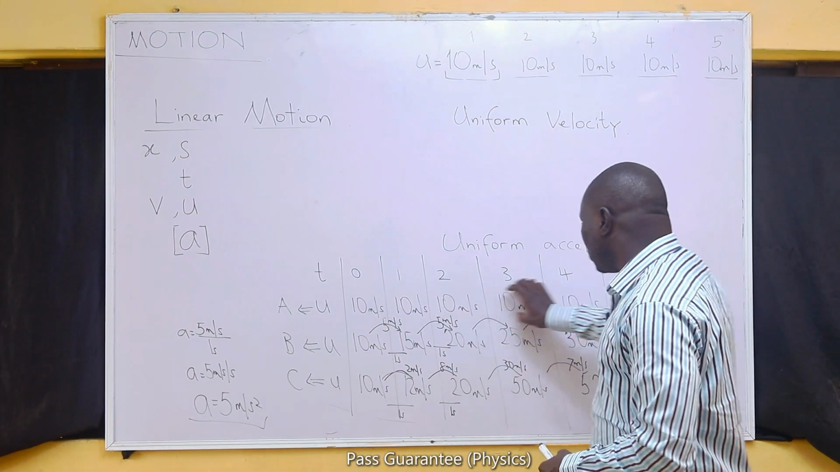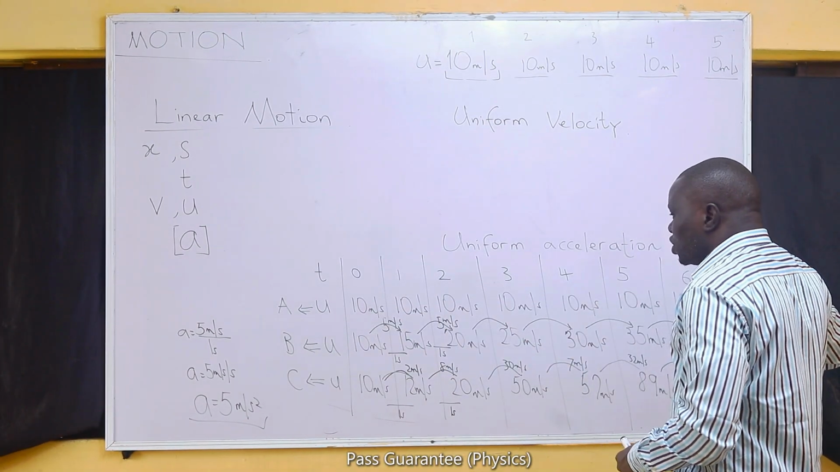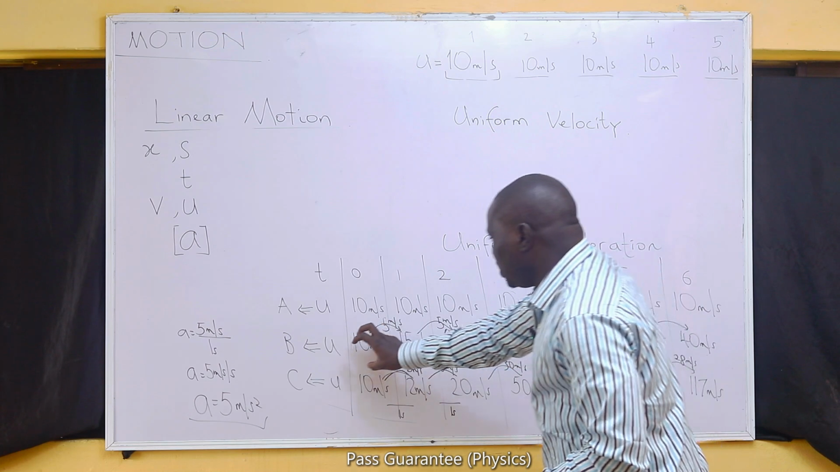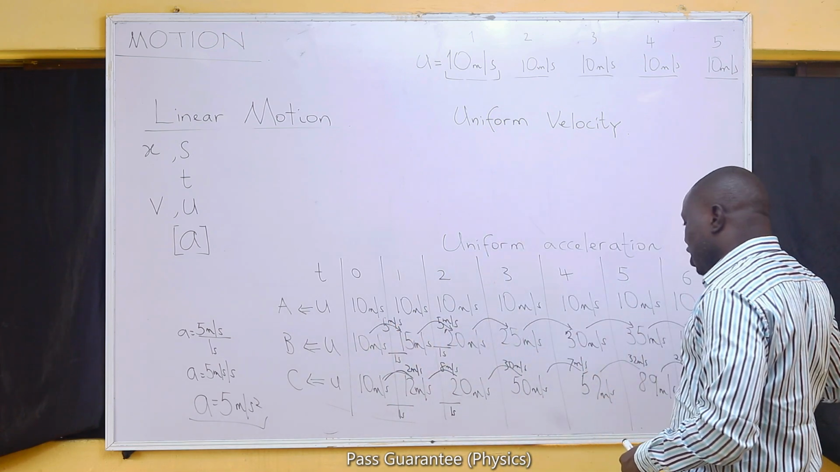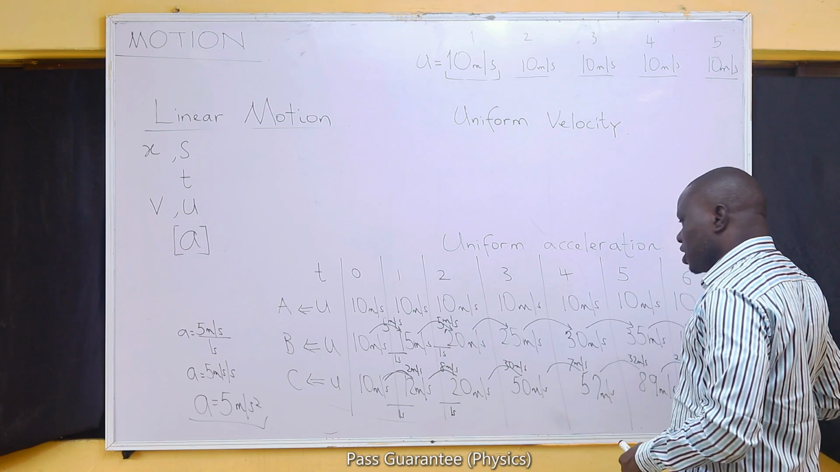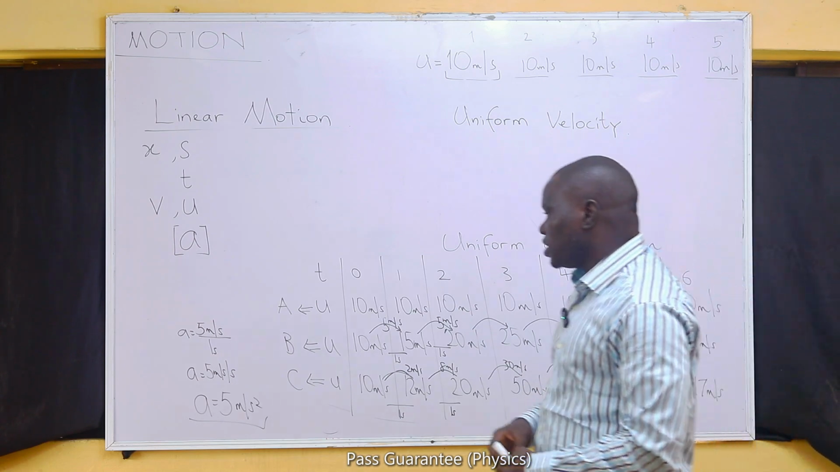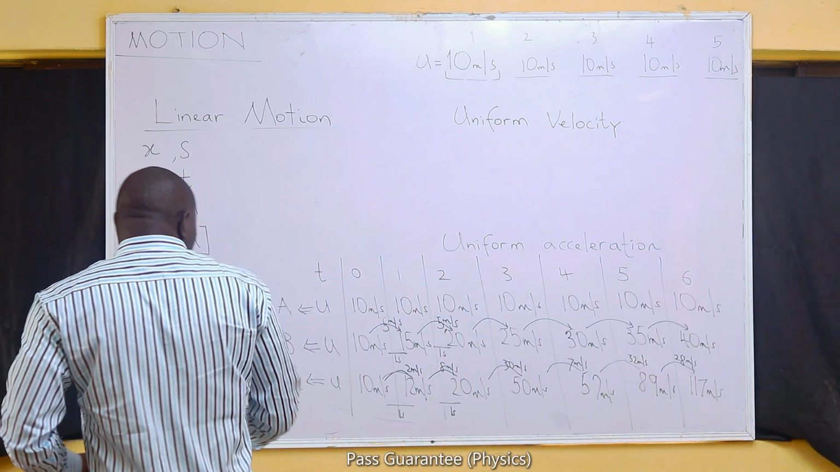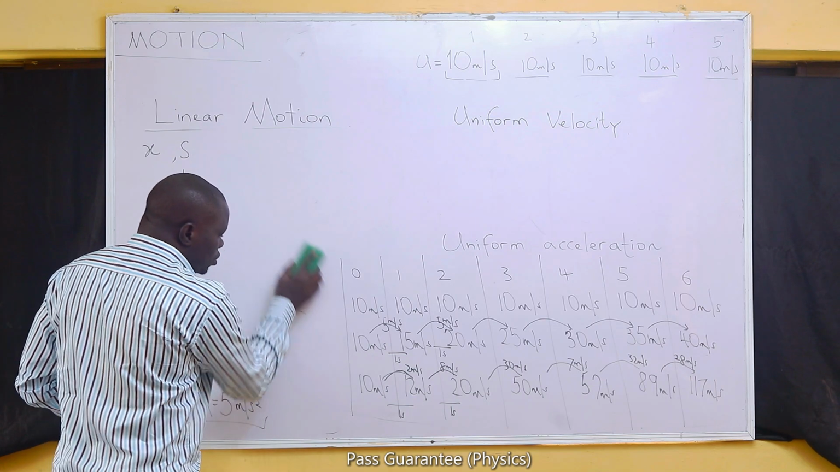So the first motion is moving with uniform velocity. B is moving with uniform acceleration. C is moving with non-uniform acceleration. And I hope we understand those concepts. We can now move on to